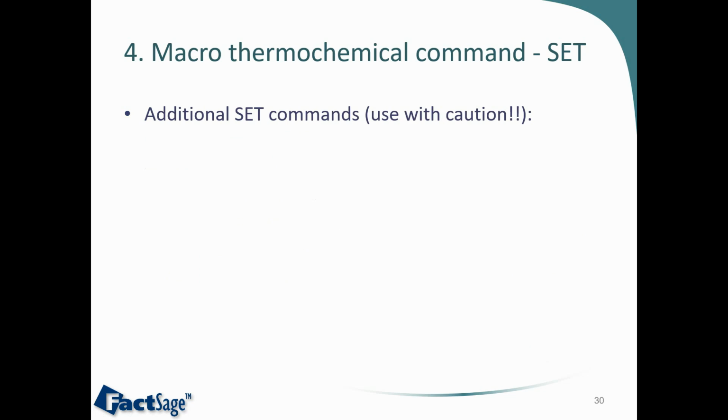There are other set commands available, but they need to be used with caution, as they will change the phase selection and the code numbers in a way that can be difficult to address. So I usually prefer to add all possible reactants and select the products manually and save them in the equilib file, so I have better control of the phase selection and can anticipate the code numbers beforehand. But